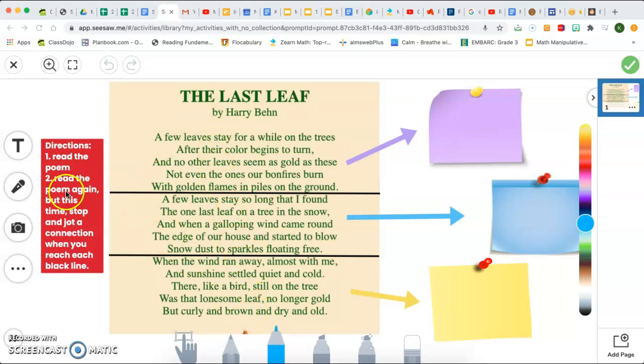And then you're going to read the poem again, but this time you're going to stop at the black line. And after you read this first part and stop at the black line, you are going to stop and jot a connection you had to this part on this purple sticky note. Once you've jotted your connection, you're going to continue reading to the next black line, so this part, and then